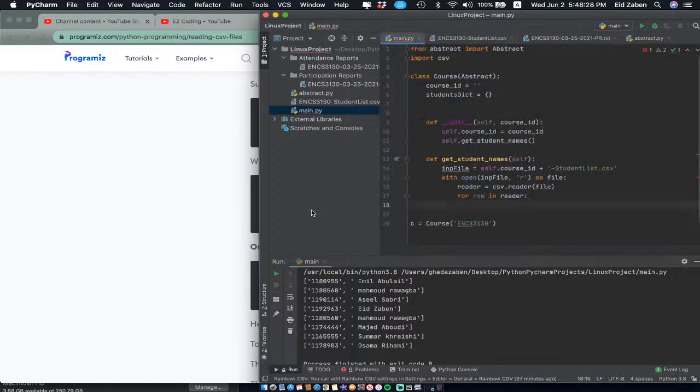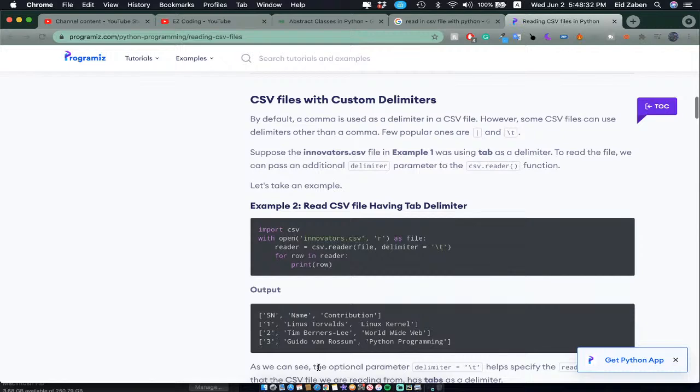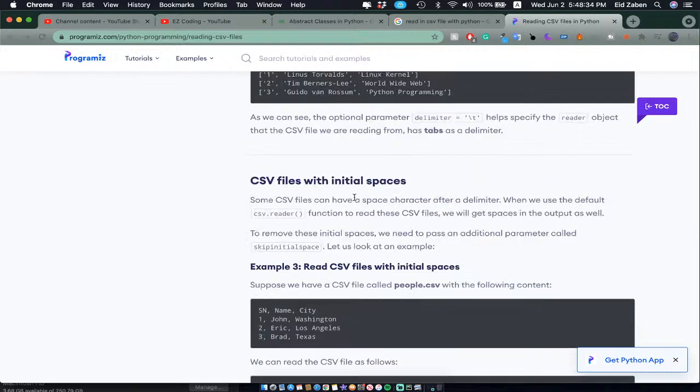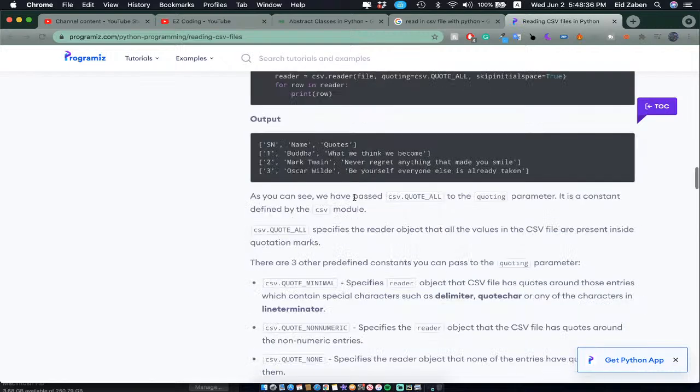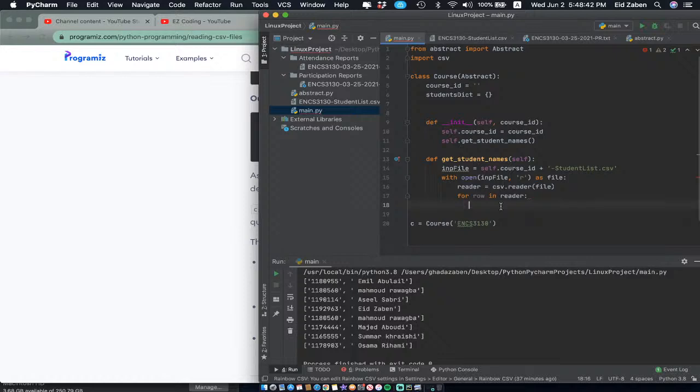Let's go back here, and the way they got access to each thing, actually, so okay, great. So basically, whenever it printed it, it gave us a list with two